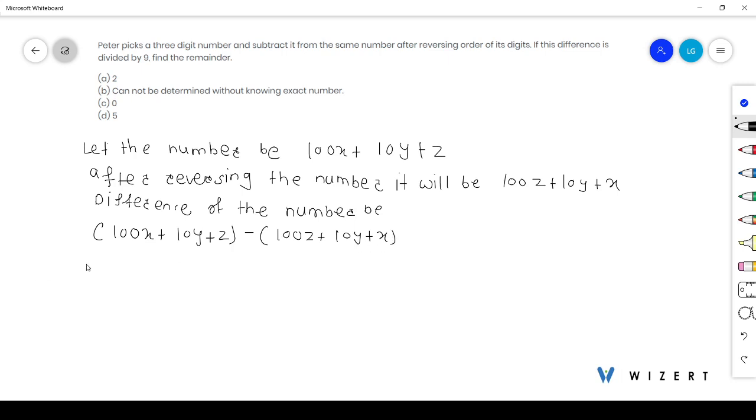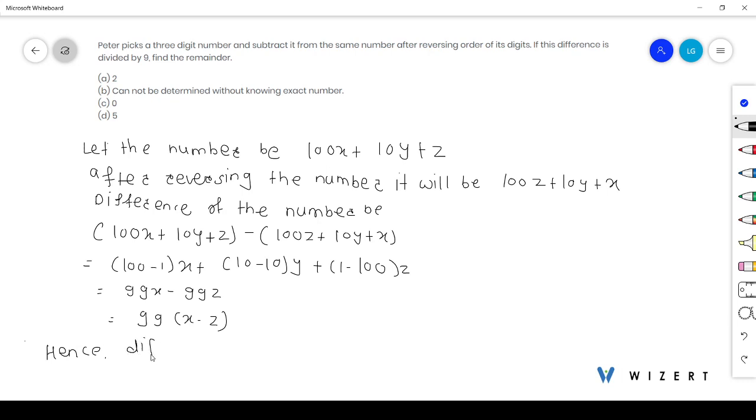So here 100 minus 1 into x plus 10 minus 10 into y plus 1 minus 100 into z. So it is 99x minus 99z. If we take 99 common, there will be x minus z in a bracket. Hence,